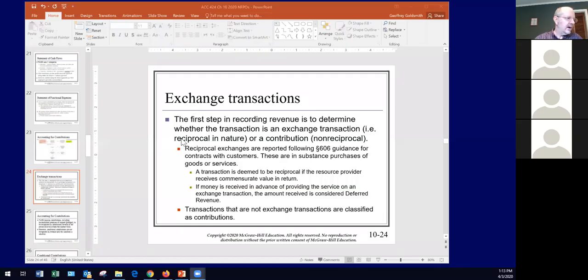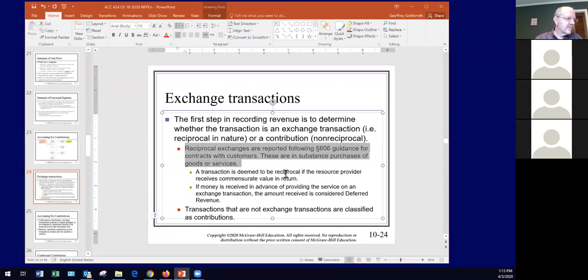So hopefully this helps illustrate what we were looking at in that previous slide. Let's go back, take a look at it again. So here it's talking, I didn't click share. Reciprocal contracts, that's when the person paying the money gets something back in return. If they pay the money and they're supposed to get something back, but they haven't gotten it yet, that would